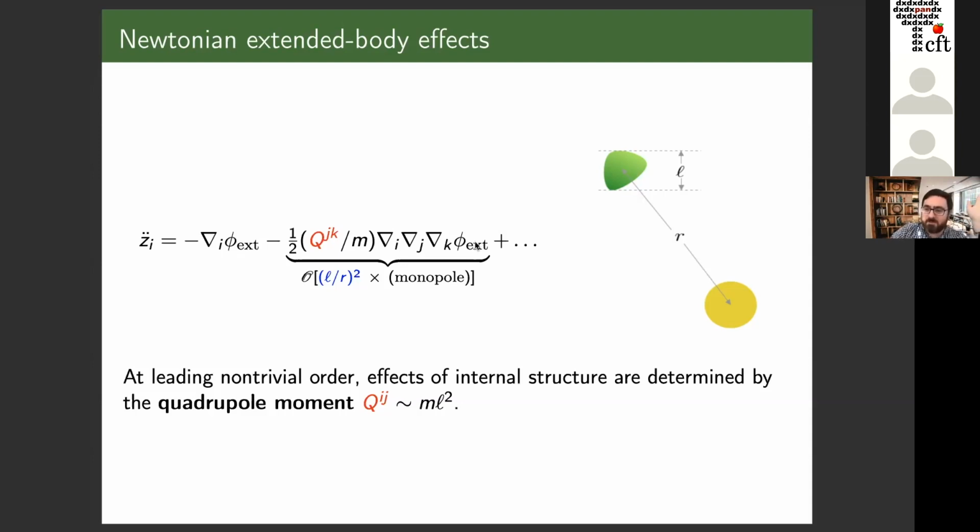So this talk is not about astrophysics. I'm just sort of connecting a little bit in case you're interested. But you have tidal effects, for example, are all of this form, and you have tidal locking of the moon to the Earth, for example, and this is also related to the distance between the moon and the Earth secularly drifting over very long time scales. So all of these kinds of things come from this sort of term. But the important point is that you have these internal parameters, and these are of order, basically the mass of the object times the square of its size, or that's the largest they can be.